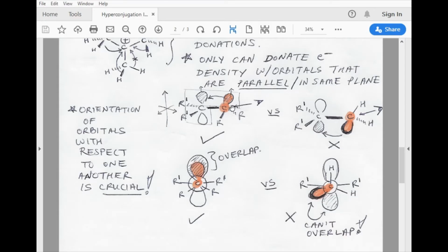And so if we were to have an R group behind the plane, an R group in front of the plane towards the viewer, and some type of orbital that bonds to, say, for example, an R substituent, an alkyl chain, that is the orbital that will be able to donate into the carbocation. If we were to take a view, if we were to look down this carbon that's highlighted to this carbon